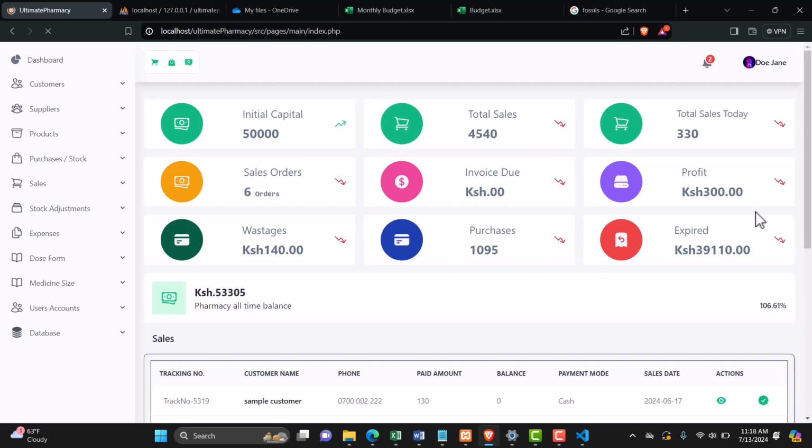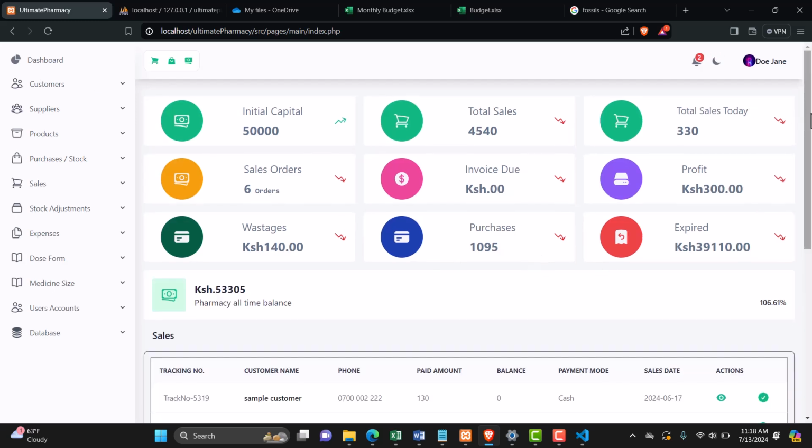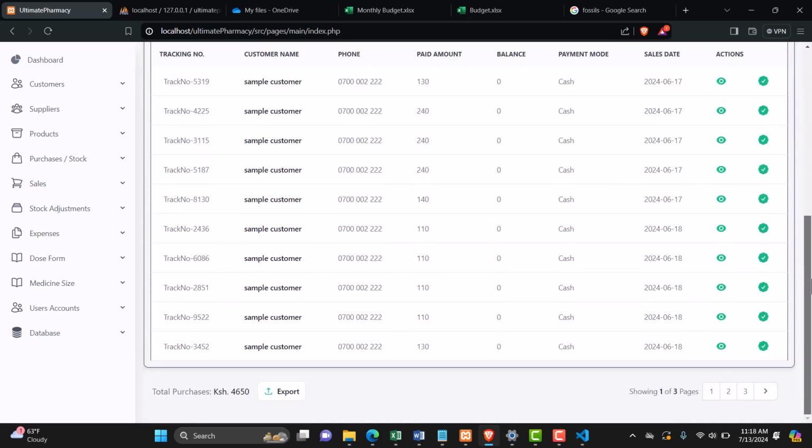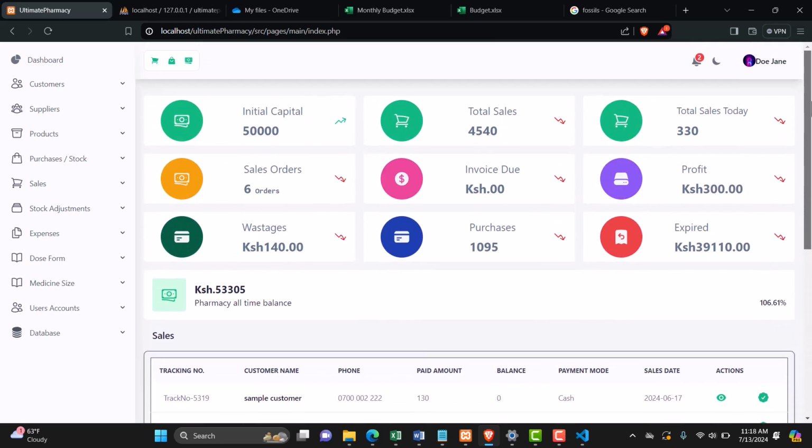So that's how the light theme will look like. So that's the admin, and you notice that the admin has all the privileges, but you can also log out here,